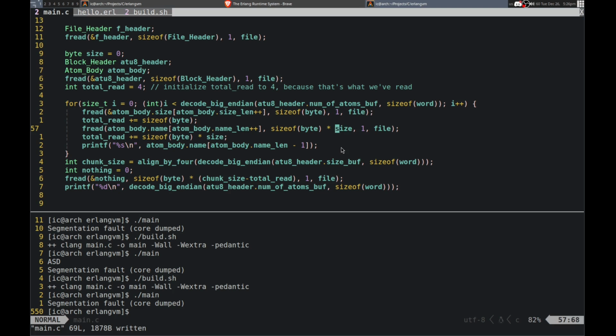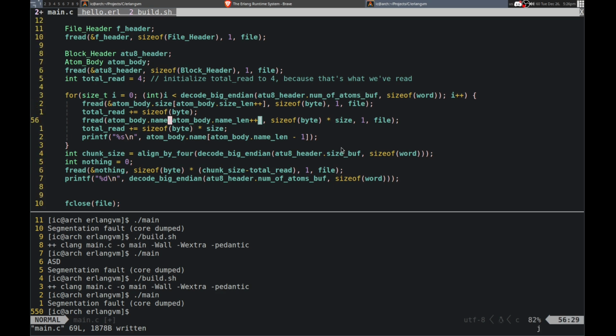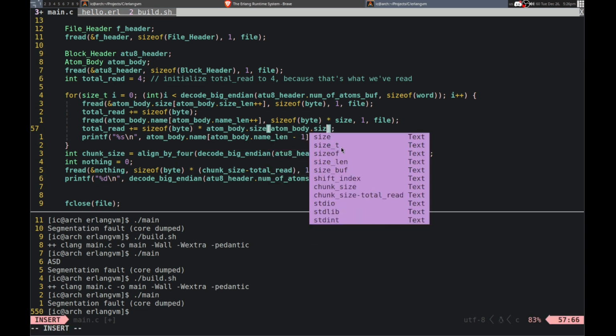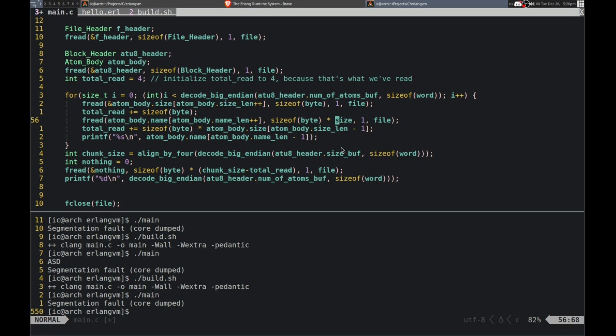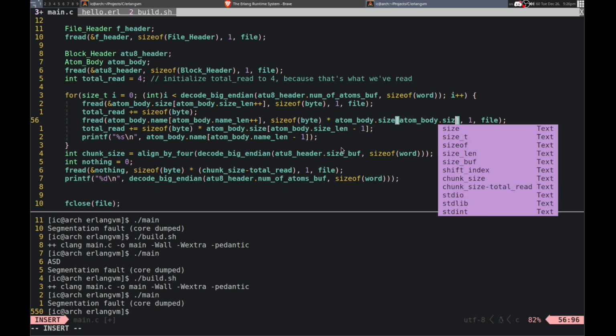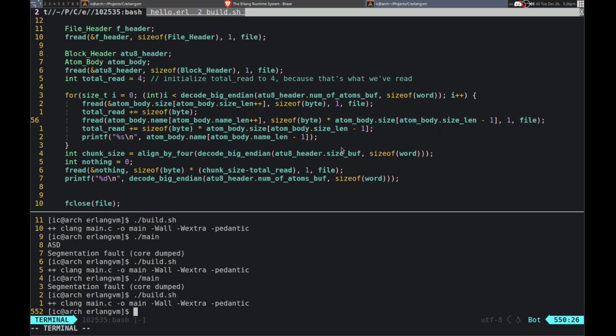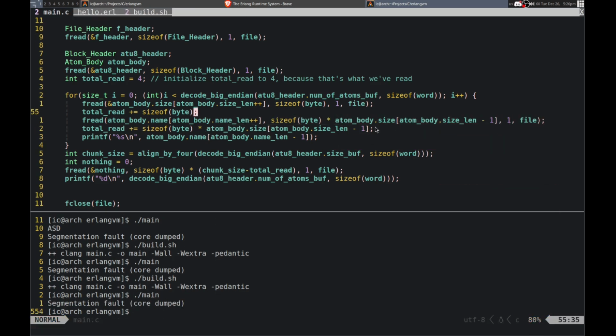This isn't right. Size is not a thing anymore, so we need the current size. So dot size and body size, and it's very verbose. But that's okay. Okay. Yeah, that wasn't it, but that was still a problem. Okay. So I don't think it's from that.